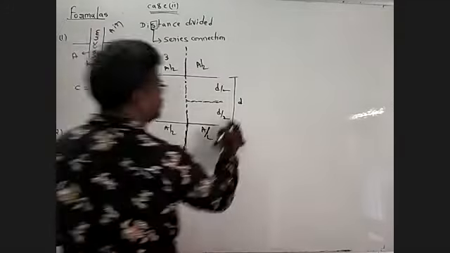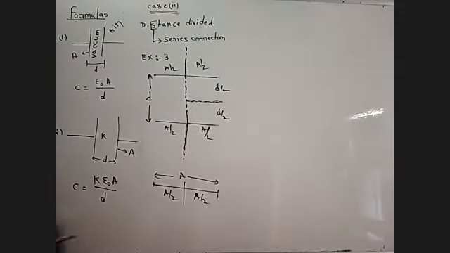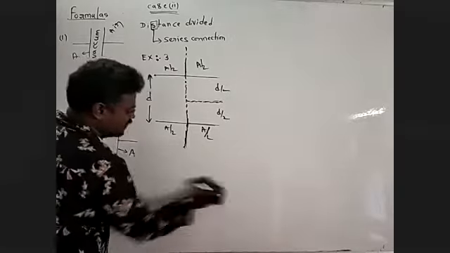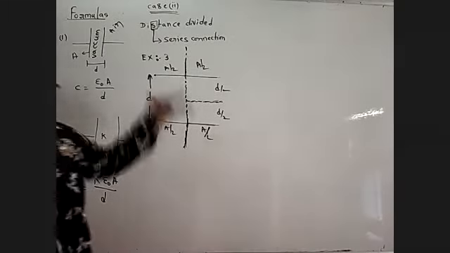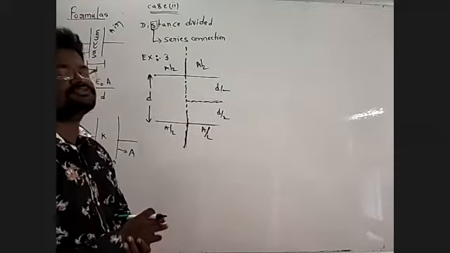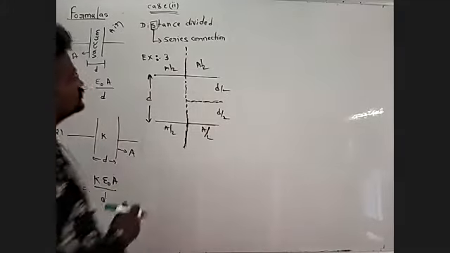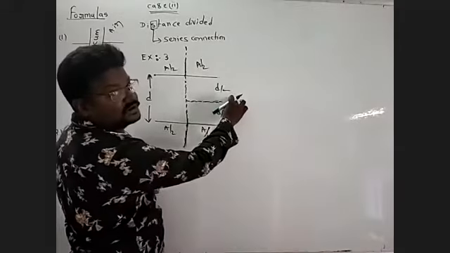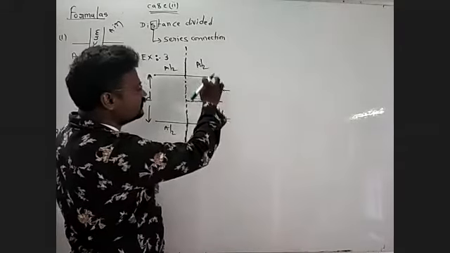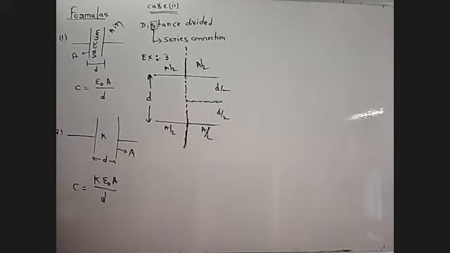Clear? Okay? So now, how many capacitors do we have here? This is a combination of series and parallel connection. Come to the point. First, the distance can be divided into two parts. This is one capacitor, this is another capacitor, this is another capacitor. How many capacitors do we have?